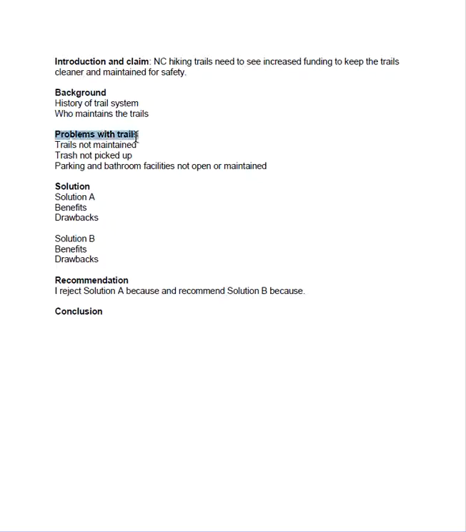Then I'm going to have a section where I explain the problems that I see. As I start writing and researching, I might realize that the 3 problems I have here may be too many. I might have to narrow to one, or I might find different ways of combining them. But tentatively, that's what I'm thinking of right now as the problems I want to examine. So you need to really explain to us what the problems are going to be in your paper. Put them on your outlines so you can see where you're headed.